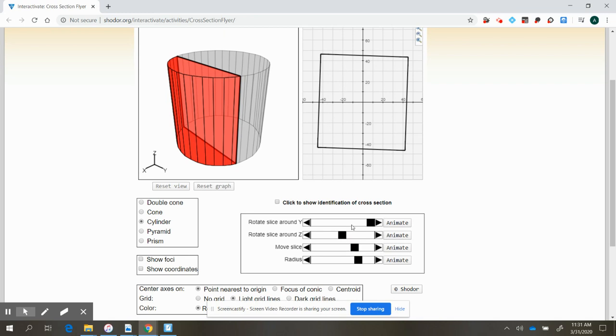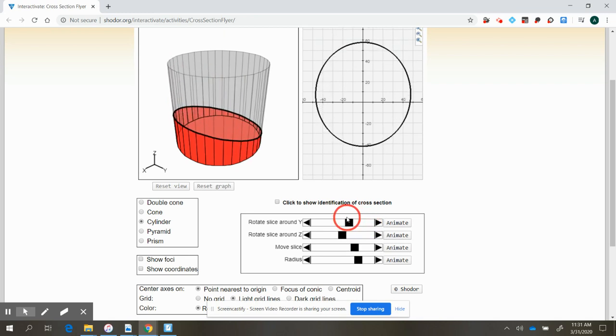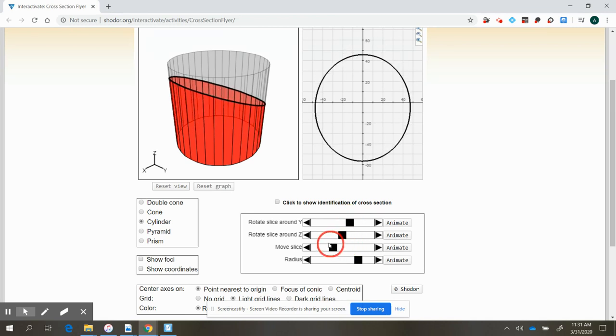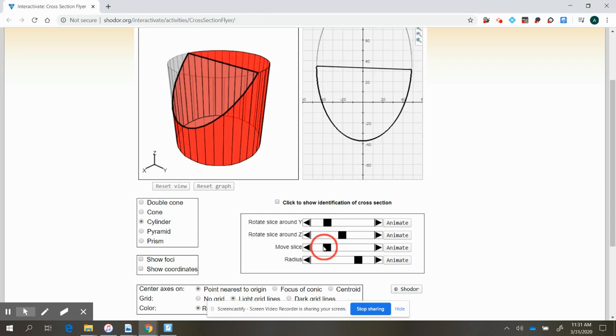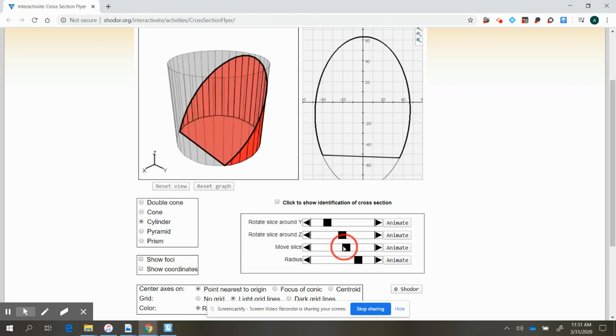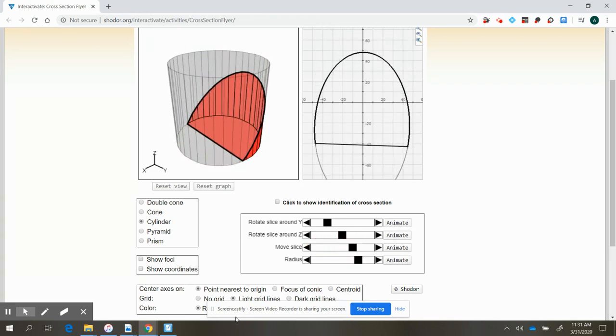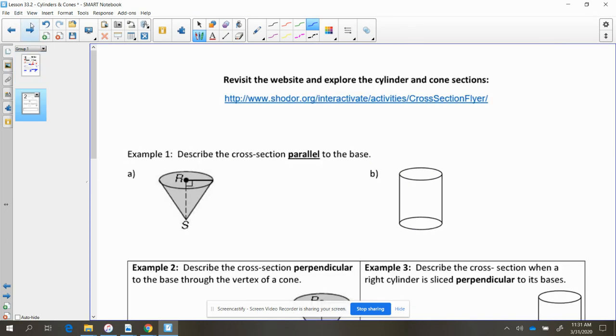And then last but not least, if we tilt this slice, notice this is where we can see that oval shape. And if we move it around a little bit, we can keep seeing that oval shape in our cross section. And that's what they want us to play around with here on the next page, going back to that